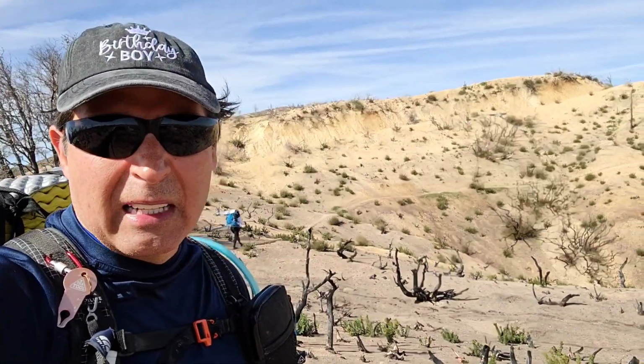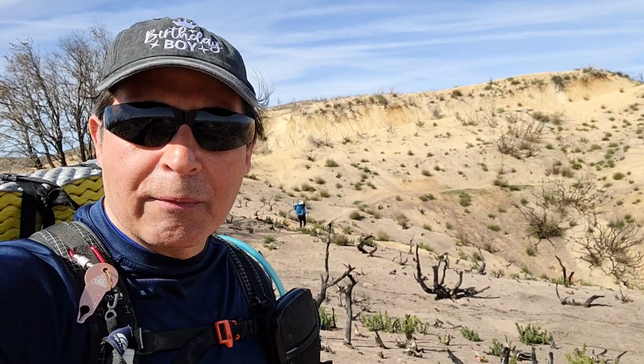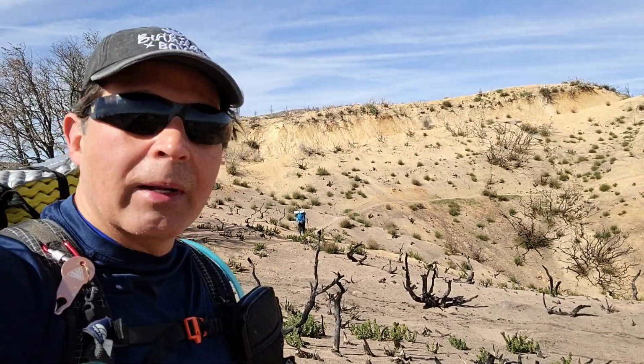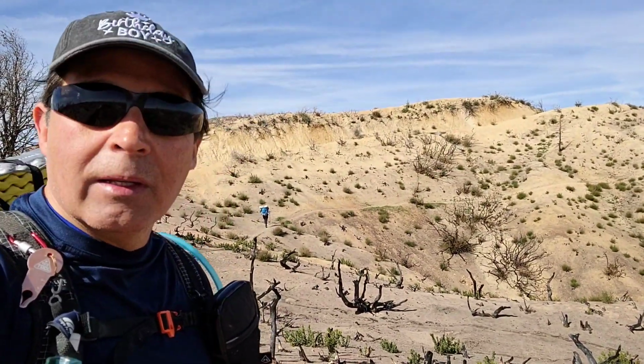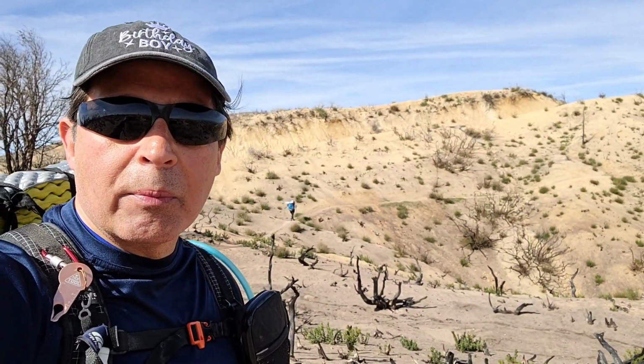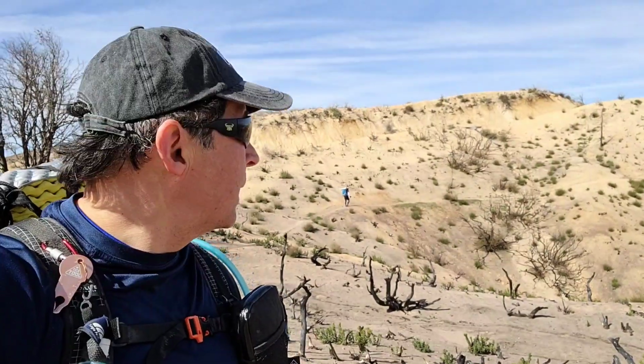Alright guys, so we are about a mile and a half, a little bit more, to our first stop for rest, but I wanted to stop here and take a quick video of the caterpillar climbing up this one little incline. We've been going through a lot of PUDs. PUDs are pointless ups and downs, but